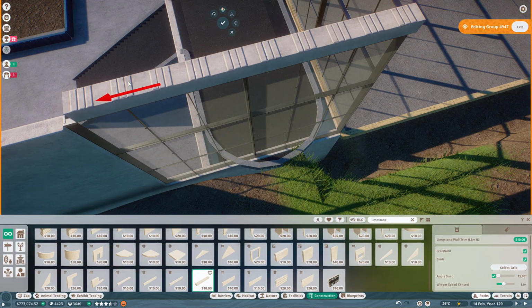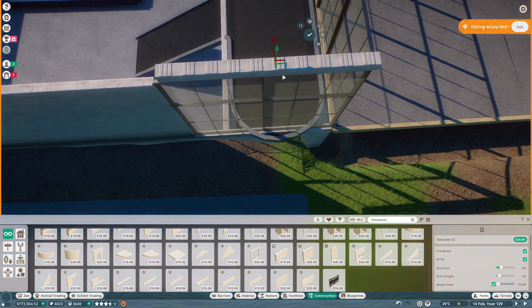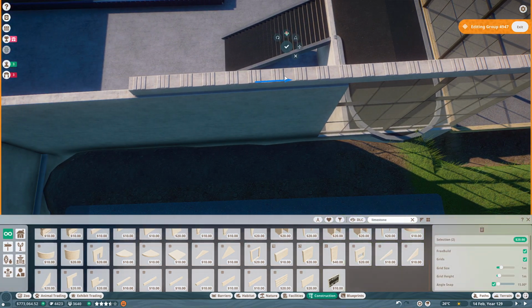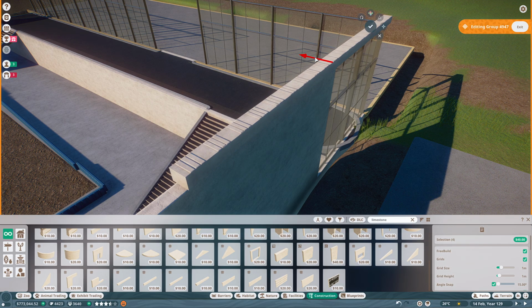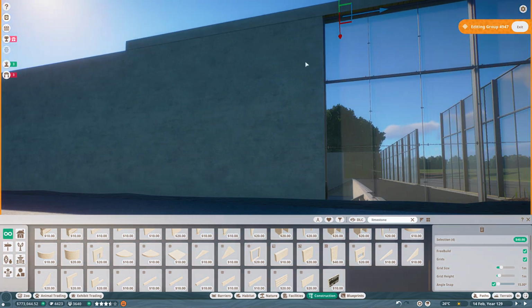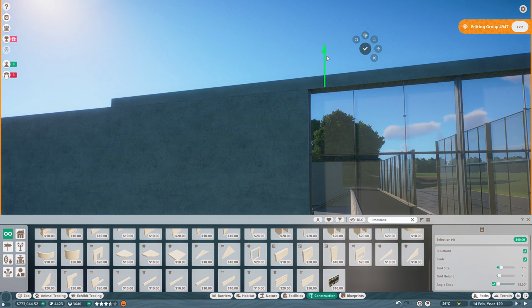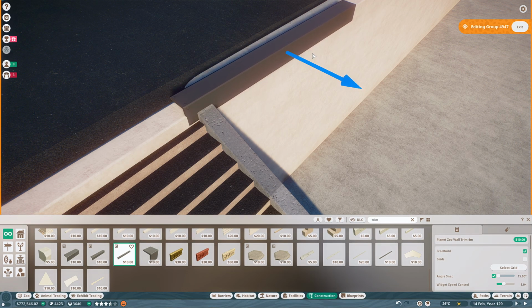Now, before we pop a roof on the building, again, we're going to learn from experience, and we're going to do the inside structural elements first. So in this case, it means getting a trim put round ready for the roof to sit up against, and then turning our attention to the raised platform in the middle of the space and making sure that is all decorated up appropriately. The way we're going to do that is we're going to use these wall trims, which I